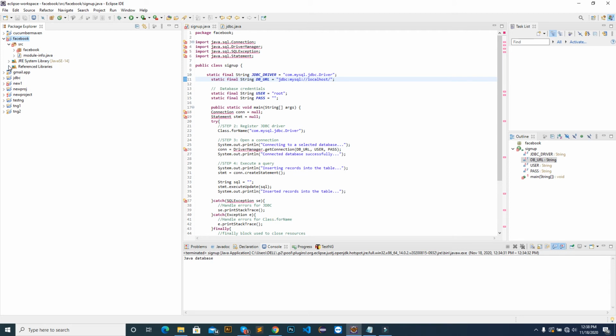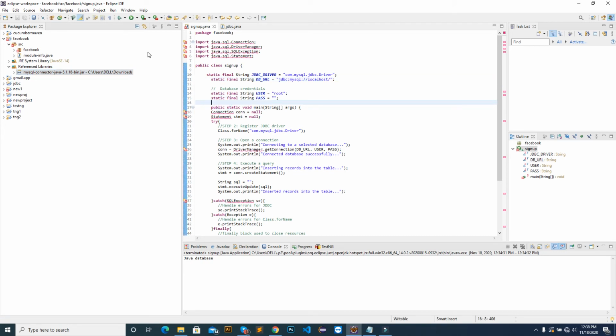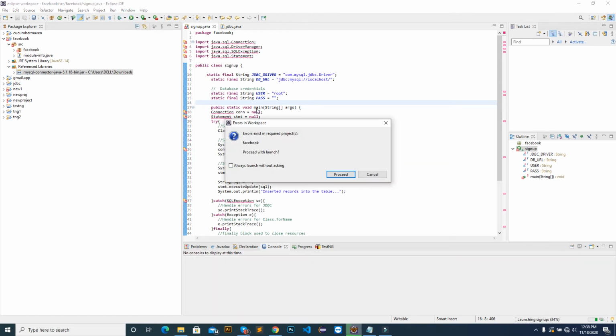If I see here reference libraries, then we have this MySQL connector. If I run this application,